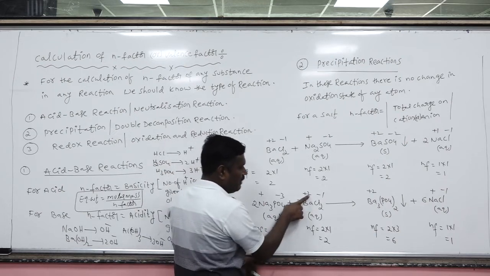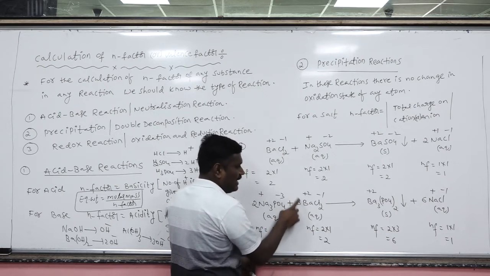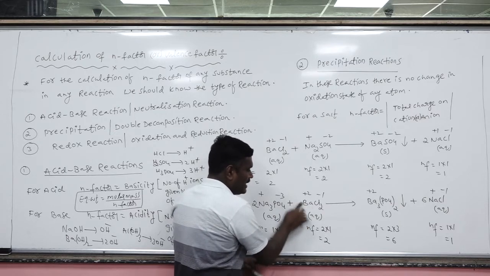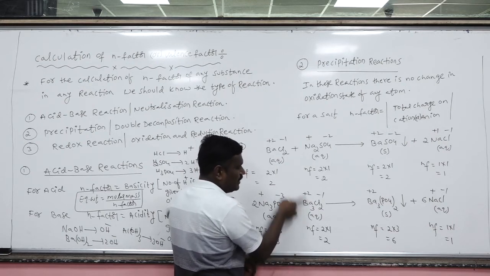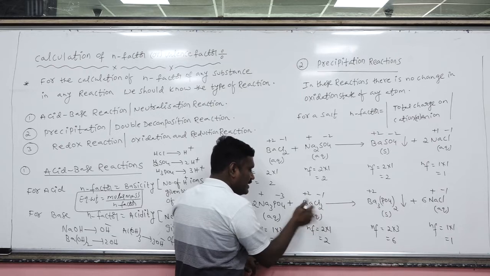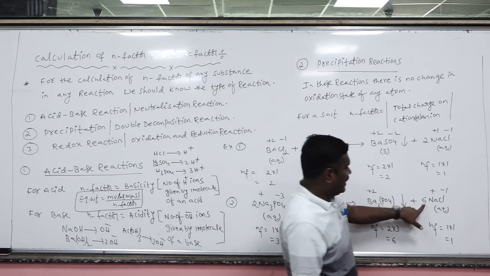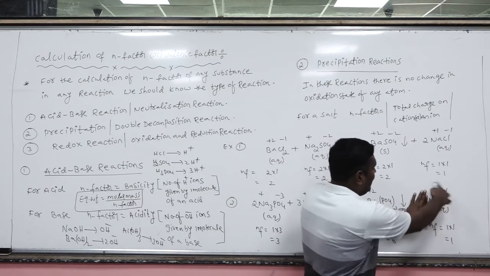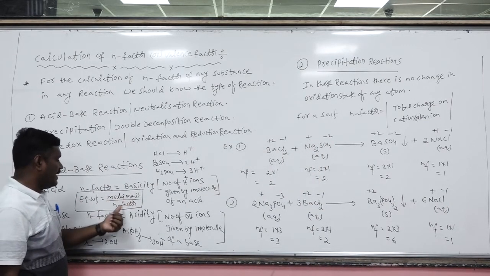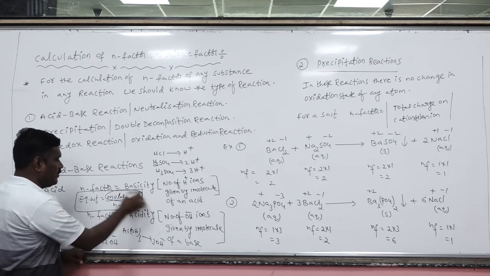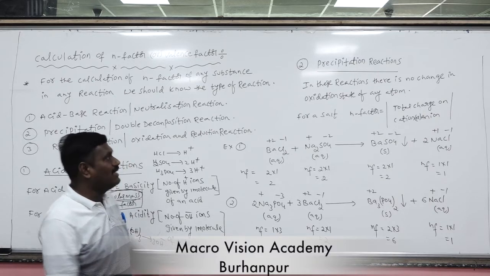Even if you see barium atoms are 2, don't take this stoichiometry. It is only stoichiometry, not the atomicity. Let's suppose there is 1 barium plus 2, so 3 bariums, 2 into 3, 6 we can take. But actually this 3 will be the stoichiometry, so don't consider the stoichiometry coefficient. Here also the stoichiometry is 6. We are only dealing with N factor per mole of a species, because equivalent weight is equal to molar mass upon N factor. N factor only deals with molar mass, the mass of 1 mole of a substance.